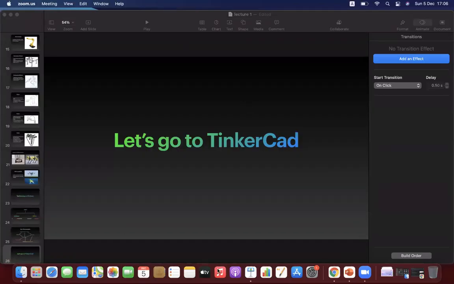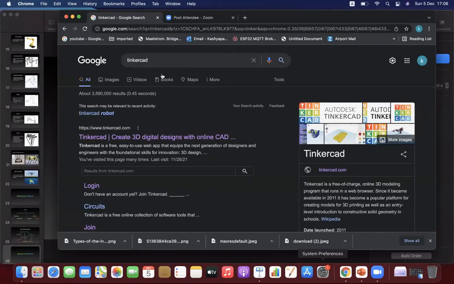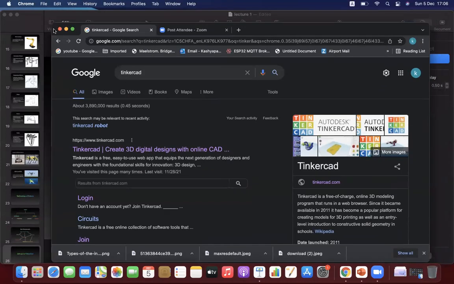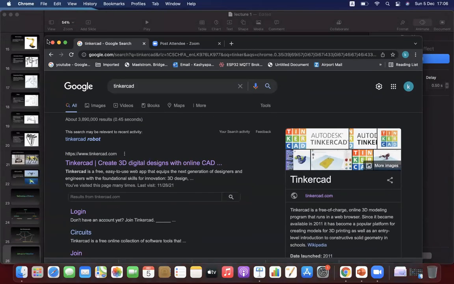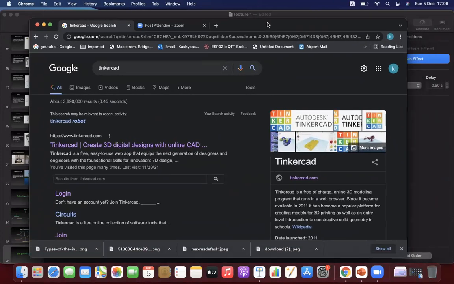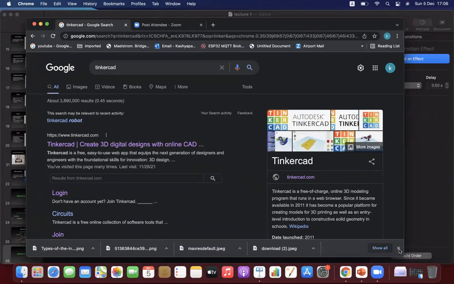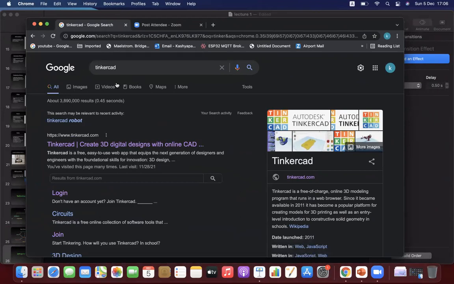Okay. Can everybody see my Google search? Yes, sir. Brilliant. So I want you all to type Tinkercad in your Google, right?